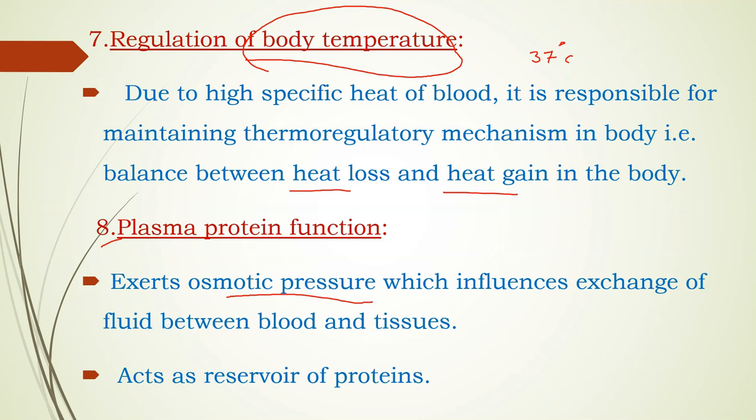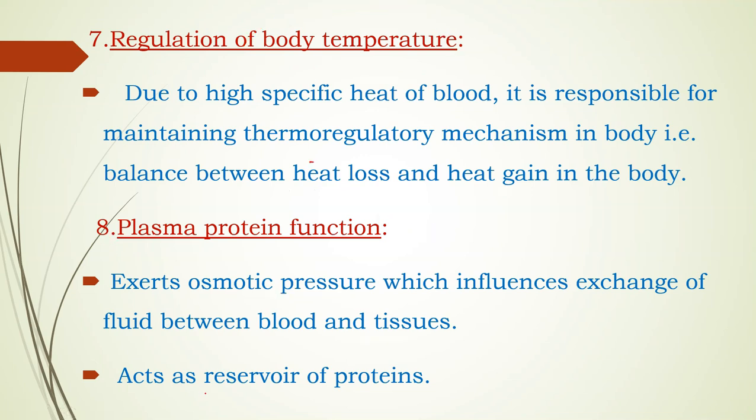Okay, friends, these are some of the important points in the composition of blood. We have seen the composition of blood. Blood is nothing but fluid connective tissue, and blood acts as a reservoir of protein. It contains many proteins. We have seen that it contains many enzymes. All enzymes are nothing but proteins. Along with the enzymes, many proteins like albumin and globulins are also present in the blood. So it acts as a reservoir of proteins.